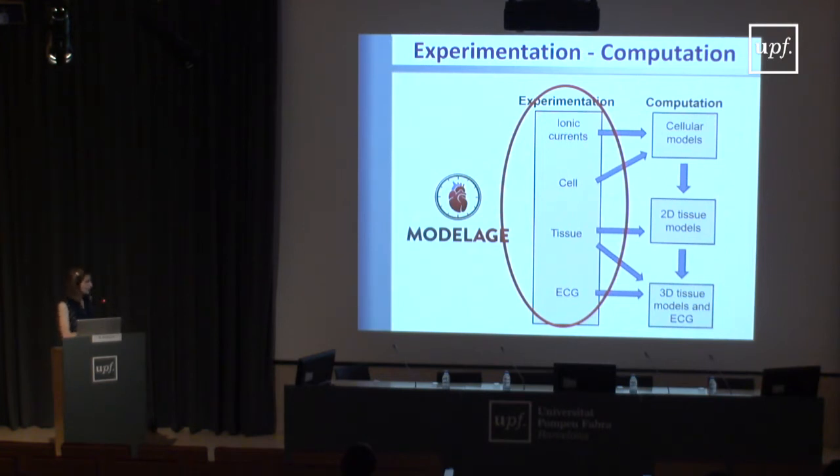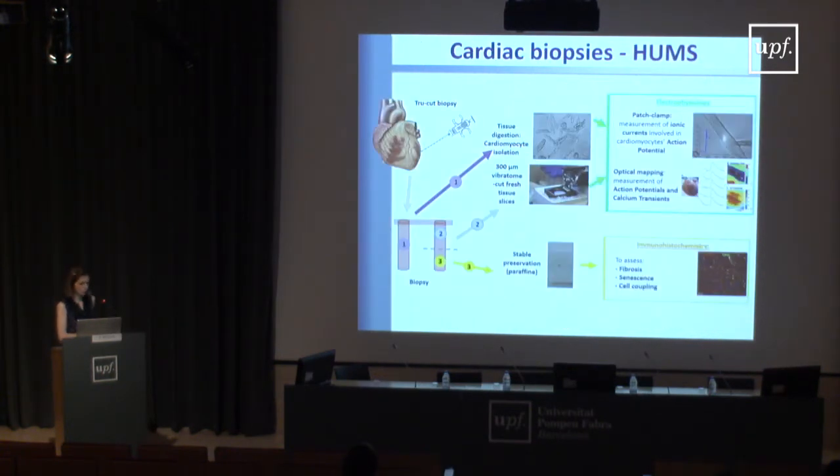Well, as I was saying, this project about characterization of aging effects on the heart has 2 parts. One is experimentation and clinical data, and the other one is computation. So starting with the first one, which is about experimentation, what we do is to take, as a first instance, cardiac biopsies. So basically, we take a population of patients which go to cardiac surgery because reasons not affecting the part of the ventricle we are investigating.